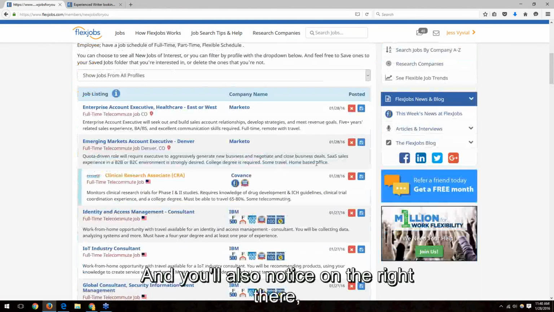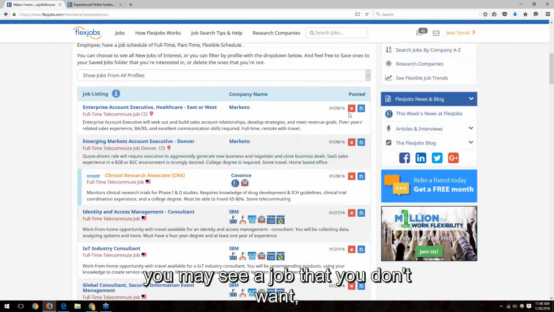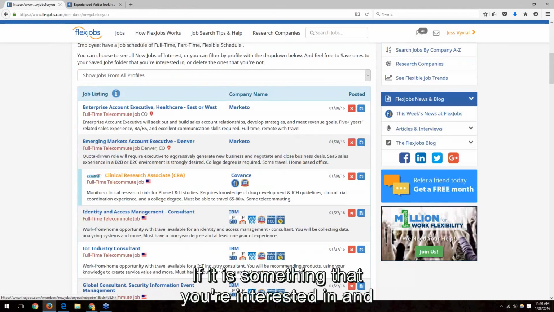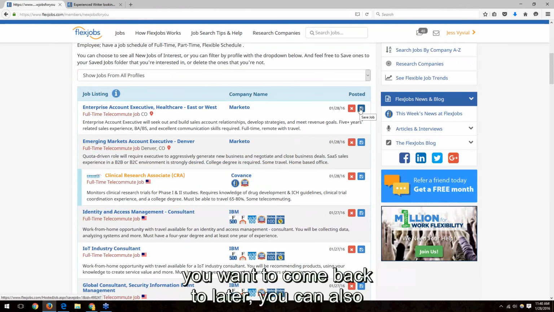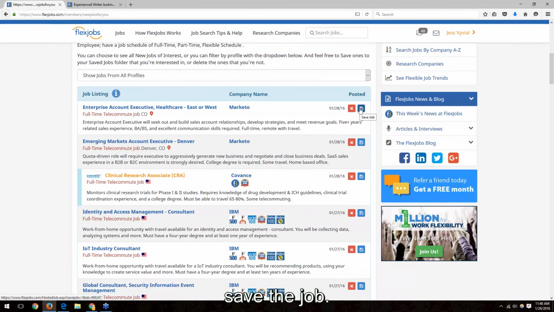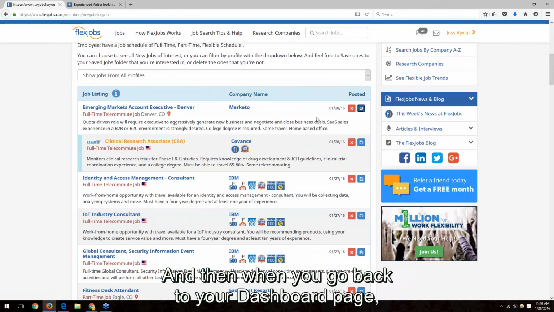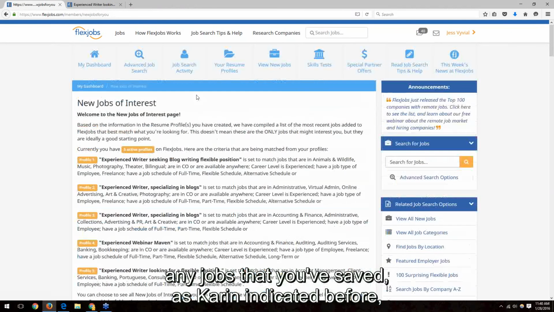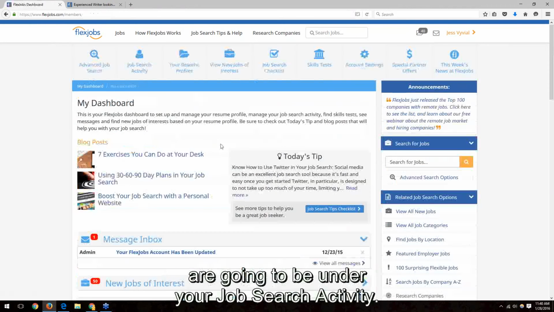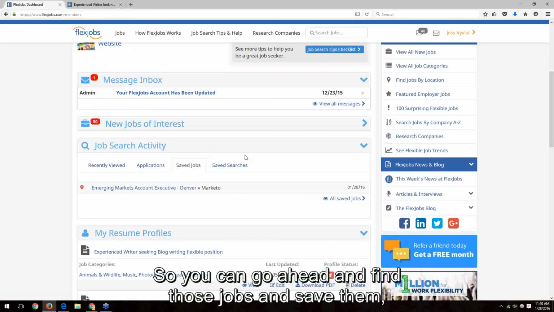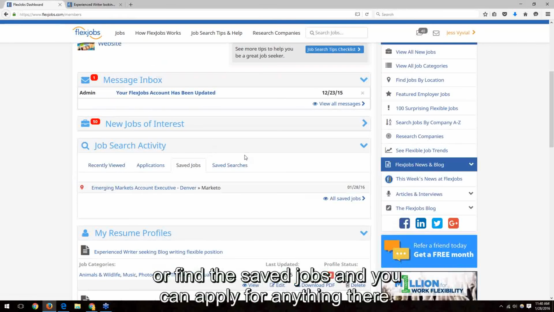And you'll also notice on the right there, you may see a job that you don't want or you're not interested in. You can always remove that job. If it is something that you're interested in and you want to come back to later, you can also save the job. And then when you go back to your dashboard page, any jobs that you've saved, as Karen indicated before, are going to be under your job search activity. So you can go ahead and find those jobs and save them, or find the saved jobs and you can